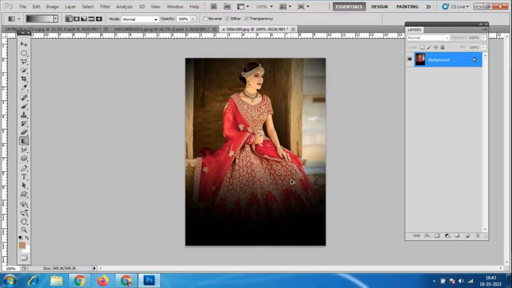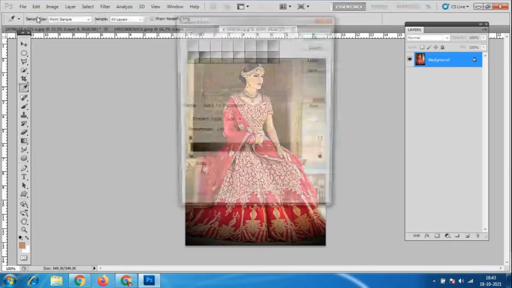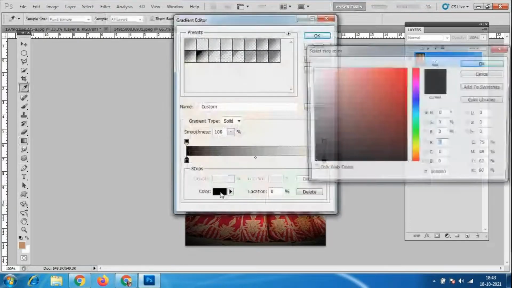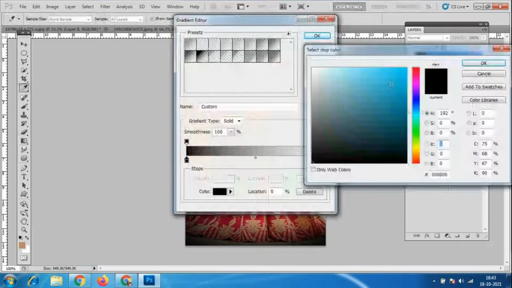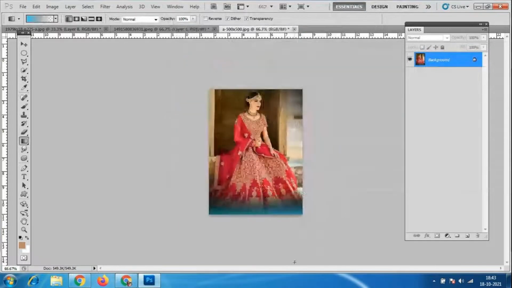We can change the color also. Suppose we want to change the color. Okay, so I'll select like this, and any color, like sky blue. So sky blue with the gradient like this. Control minus, and from down slightly it should come like this.